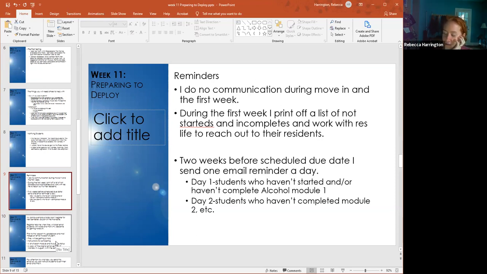My routine once I launch is to pop in the morning and see what's going on. I do end up getting a handful of emails, and I created a separate account, we call it a sponsored account, on my campus. I tell students, if you have a question about this, put this in the subject line. I have a tool in my inbox so that anything with that in the subject line goes into the folder, and anything else that shows up, I put into the folder. In the morning, I look at it. After lunch, I look at it. Maybe 15, 20 minutes before I head home for the day, I look at it,